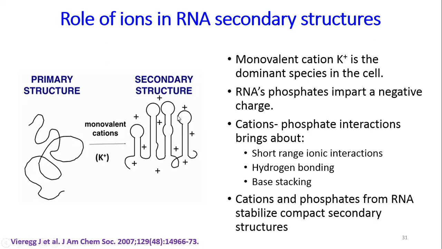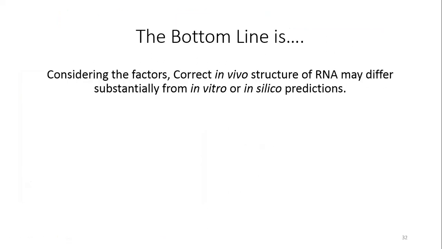If this is the primary structure of the RNA, it is the monovalent cations that impart the initial secondary structures. I am telling you all these things because I want you to appreciate that